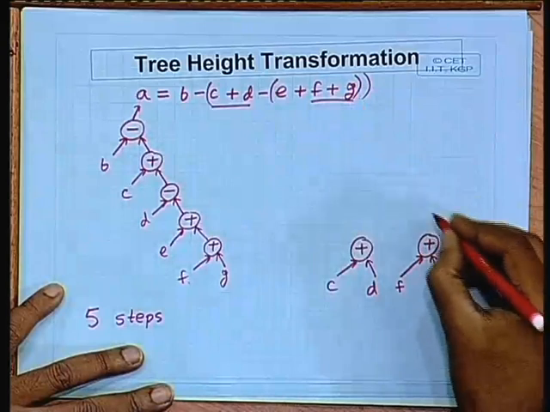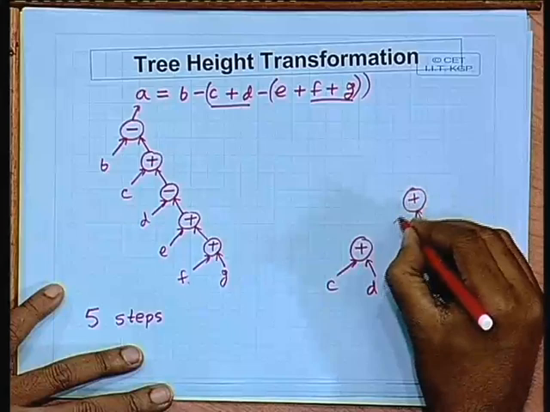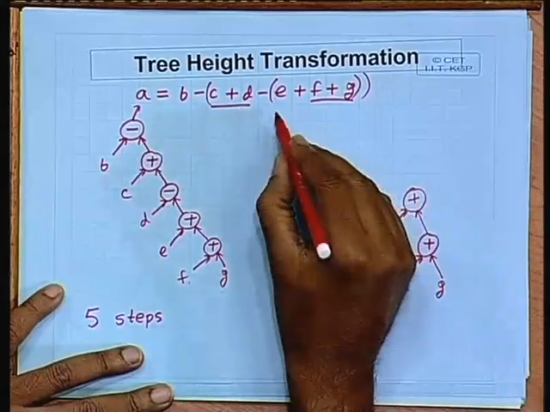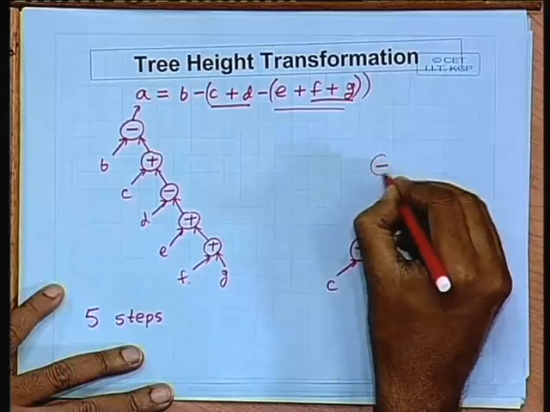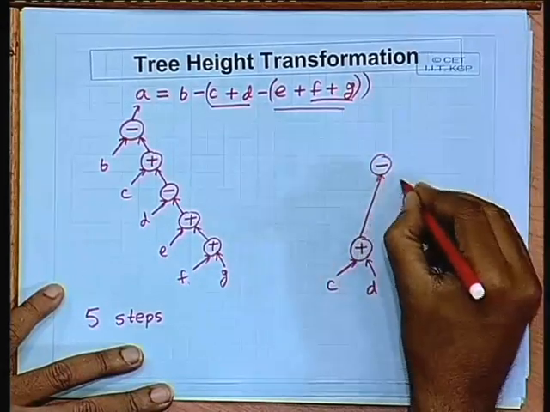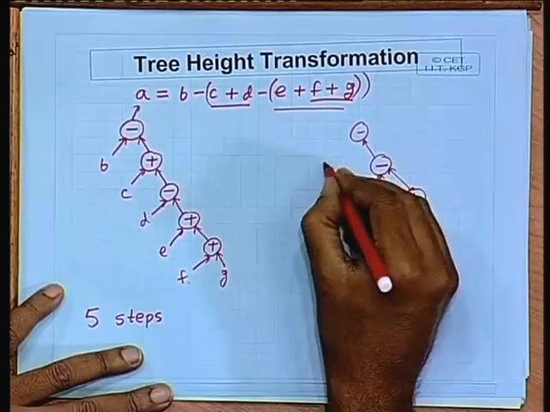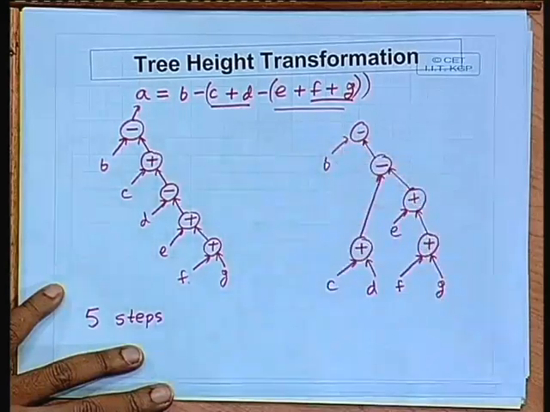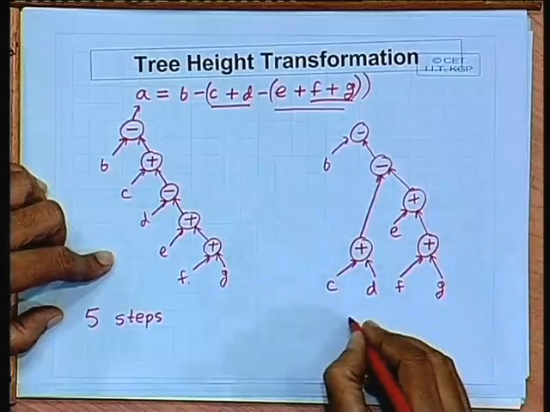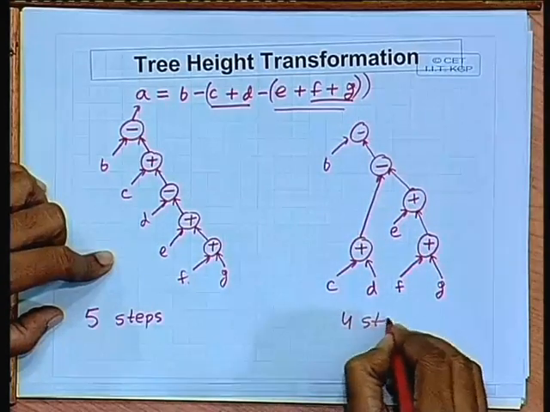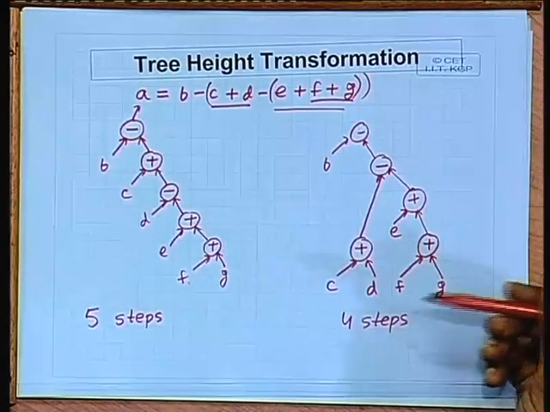So, we have done this, we have done this. Now we will have to add E to this. We need another adder with E. We have computed this, so this minus this. Similarly, lastly, there will be another subtractor, B minus this. So, here we have been able to save one step: 4 steps. Now, in general the number of steps can be reduced even more,